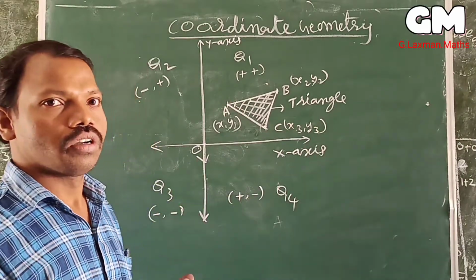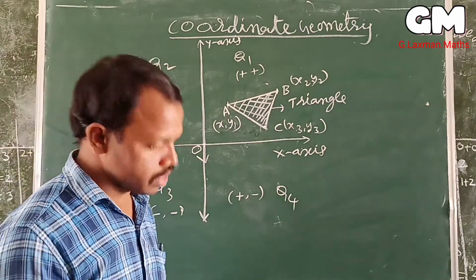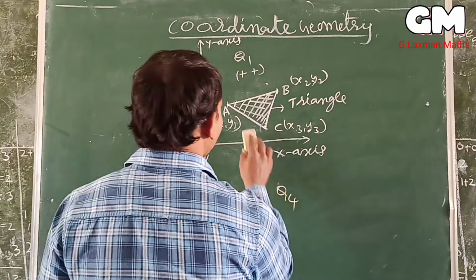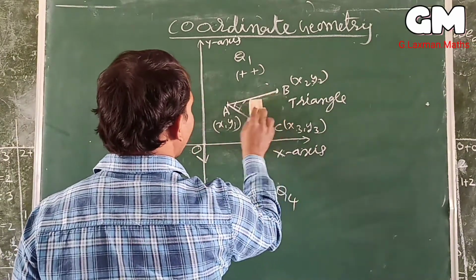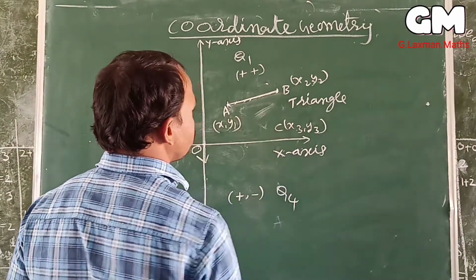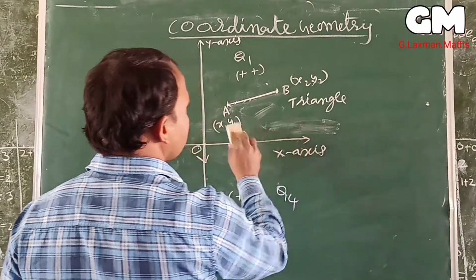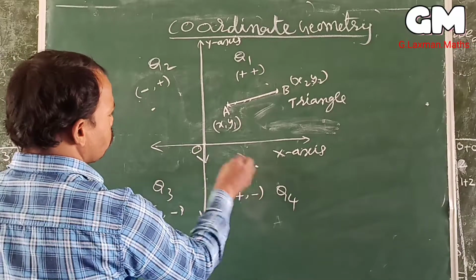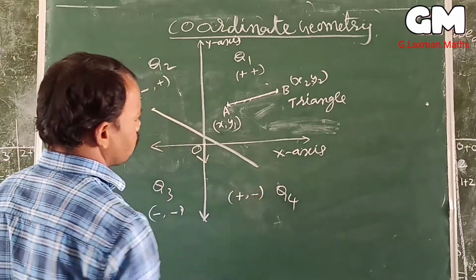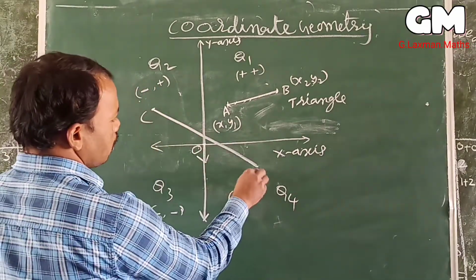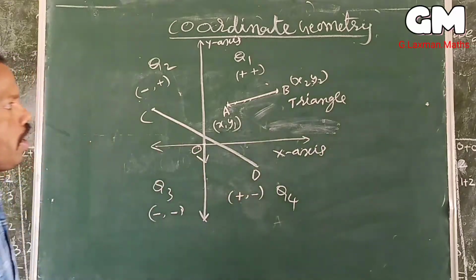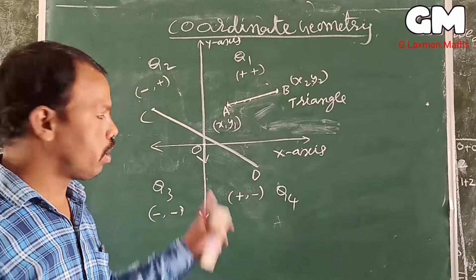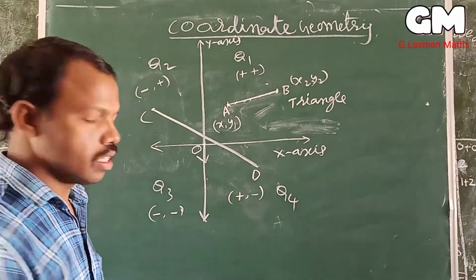First we will go for the basic concepts of coordinate geometry. How to find the distance between 2 points? How to find the distance between any 2 points in a coordinate plane? Like here, one point is here and one point is here, say C and D. Then how can we find the distance between these two? Like this we can find the distance between any 2 points by using coordinates. So we are going to discuss that now.